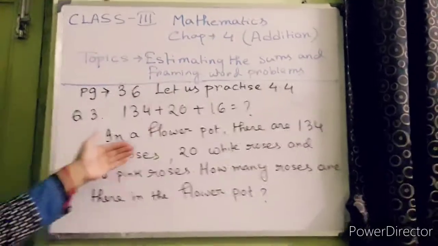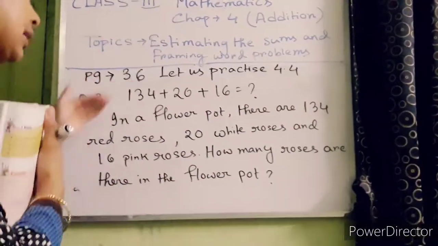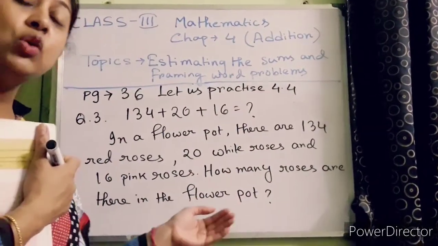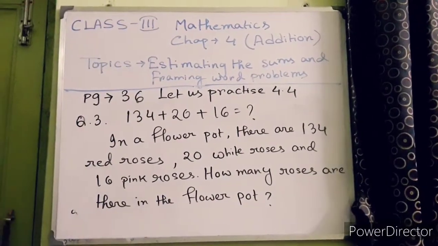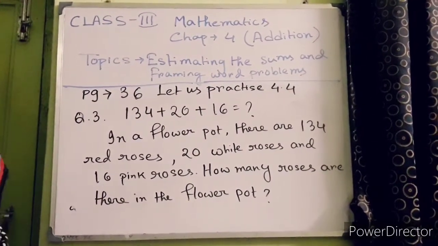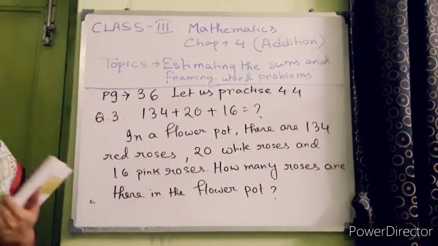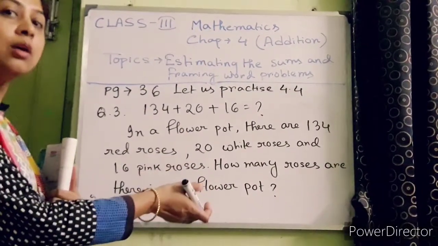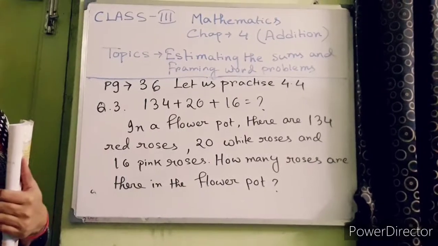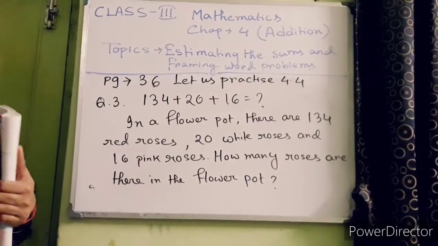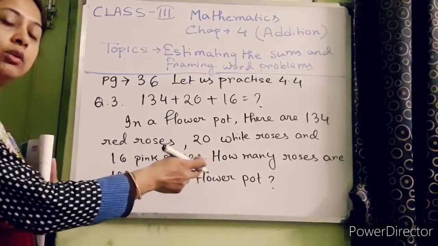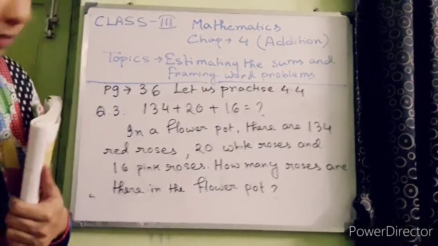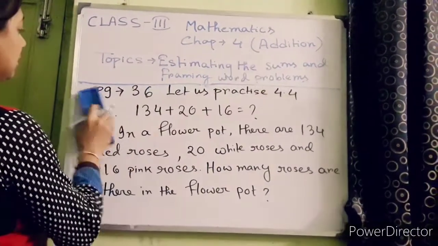I am doing this one in a very simple way. I am framing the problem using a very easy sentence for you, and you have to try this one using a simple sentence. Okay, so there will be less chance for mistakes. In this way you can frame the word problem. Choose a very easy sentence to form the word problem. First you pause the video and write down in your classwork copy. Remember, question number 2 will be your homework. Now, estimating the sum.